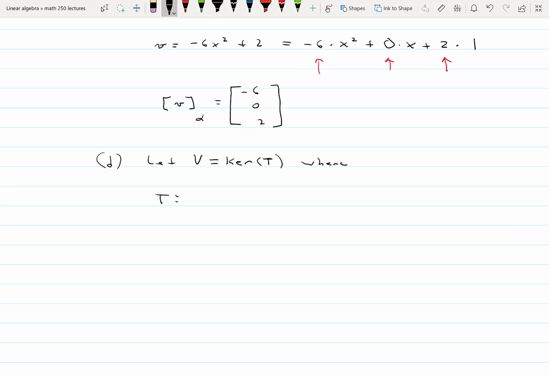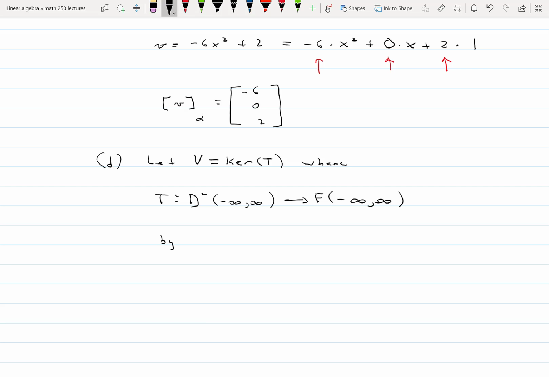T is a linear transformation that takes D2 of negative infinity to infinity, the set of all twice differentiable functions on the whole x-axis, for all real numbers, into the set of functions whose domain is negative infinity to positive infinity. So let V be the kernel of a specific linear transformation T, where T takes D2 to F by